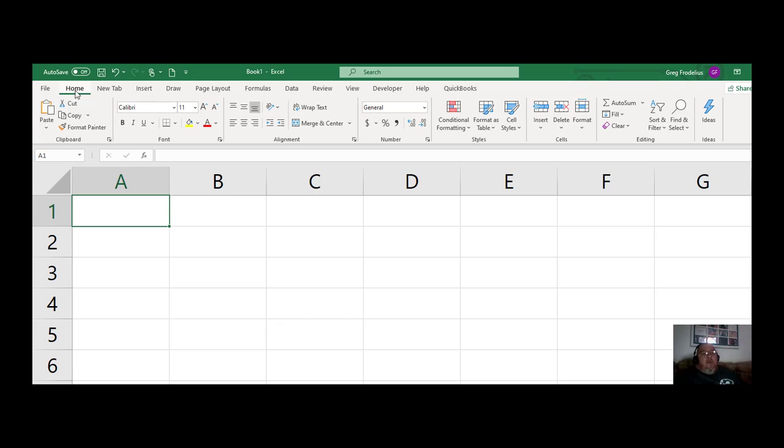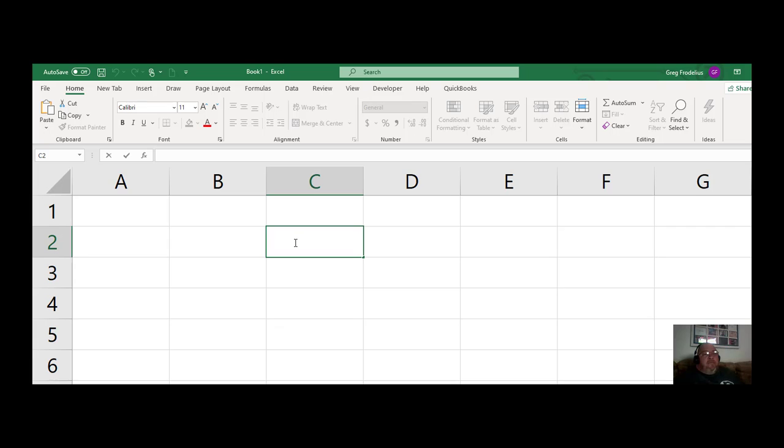For the most part, the only thing we're really going to need off of this home tab anyhow is this auto sum button. If you're moving through Excel, normally the best way to do it going up and down is hit the enter button. Use the arrow keys. You can use tab if you like to move right. People use the mouse or touchpad if you have a laptop. It's not to say you can't use it, but sometimes when you're playing around with editing a cell, it can be a tedious process. So I would use a nice wireless mouse to be able to double click in there in order to edit